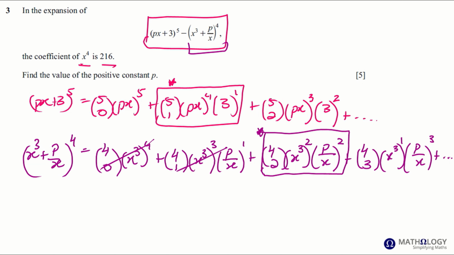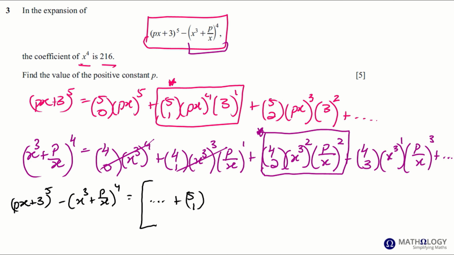Now I have to consider... I'm just going to first write this expansion out fully so we don't make any mistakes. So we start with the expansion of (px + 3)^5, which will be all of this in pink. So (px + 3)^5 minus (x^3 + p/x)^4 will be... I'm not going to add all the terms that we don't need, we're just going to put an ellipsis there, plus